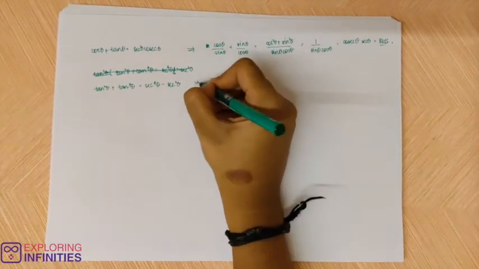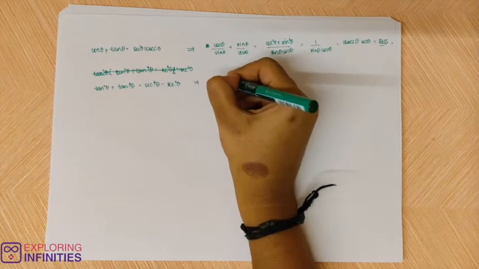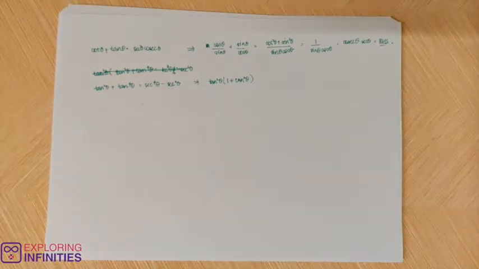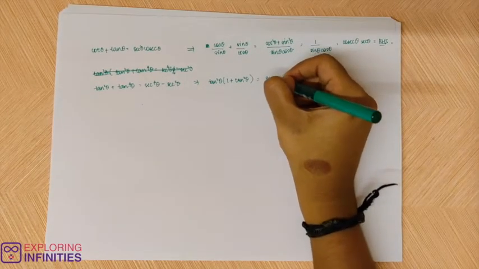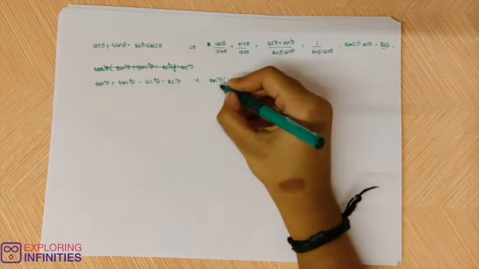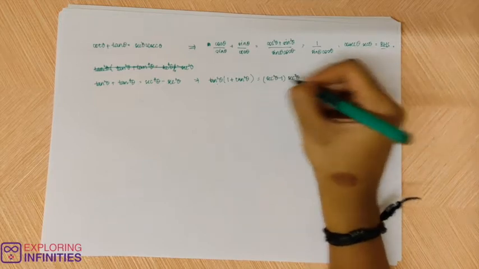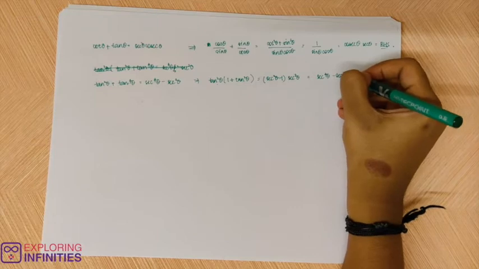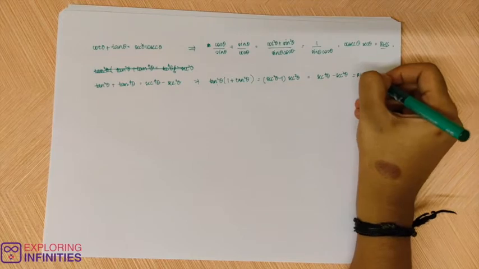Right? So now let's take LHS again. So tan square theta plus tan power 4 theta will be, if I take tan square theta as common, 1 plus tan square theta. We know that 1 plus tan square theta is secant square theta, and tan square theta can be written as secant square theta minus 1. So that will be secant square theta minus 1, that is tan square theta, and 1 plus tan square theta is secant square theta. So you can write it as secant power 4 theta minus secant square theta. So that is RHS. Right?